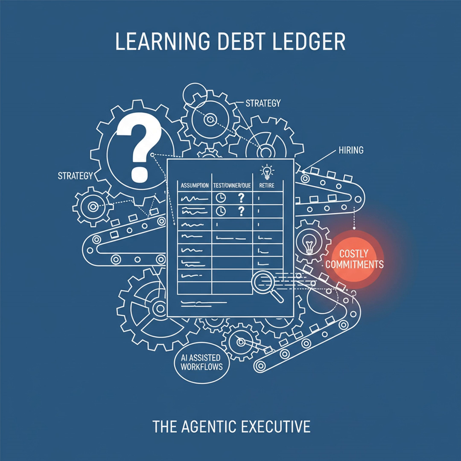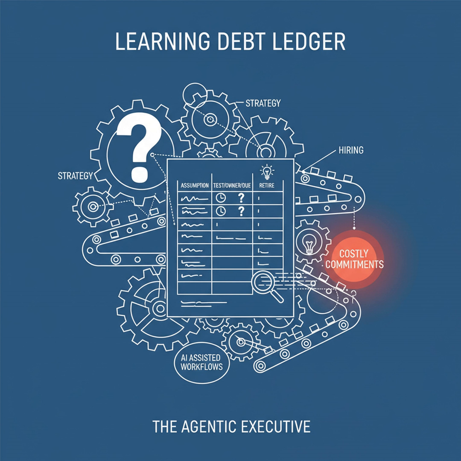Hidden liabilities aren't balance sheet items. They're untested assumptions that quietly steer hiring, automation, and strategy. Today, the Learning Debt Ledger, a one-line habit you can run in under 10 minutes to surface and retire the